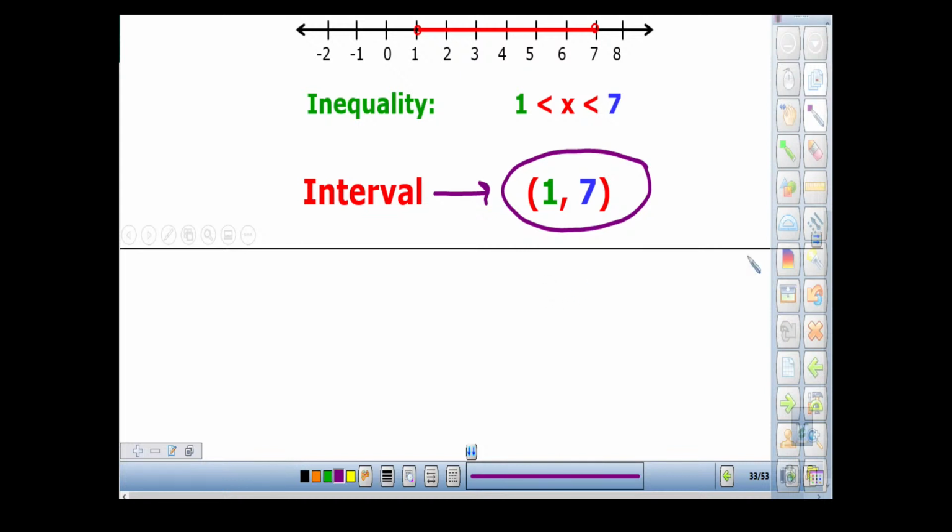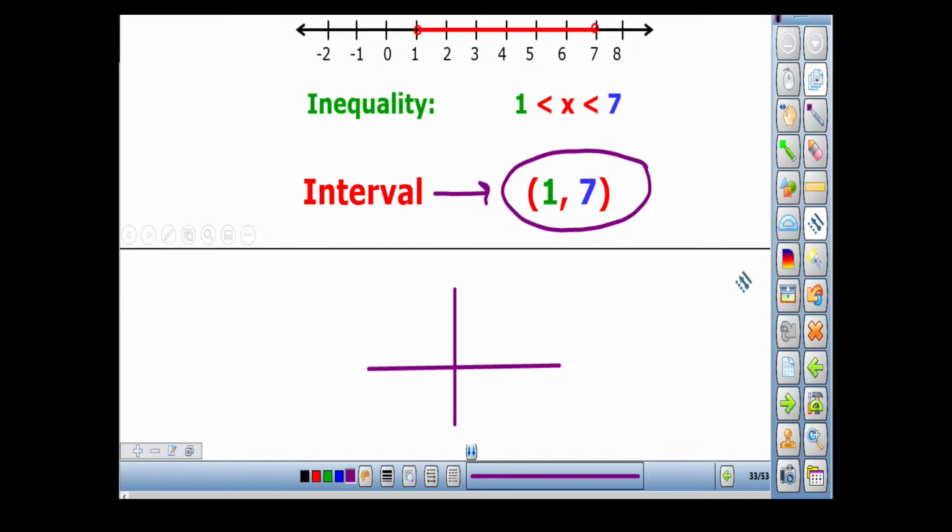You actually do. We use these parentheses when we graph on the Cartesian coordinates, or the x and y coordinates, remember? So we use them like it's 1, 2, 3, 4, 5, 6, 7, and then you say parentheses 1, 7,